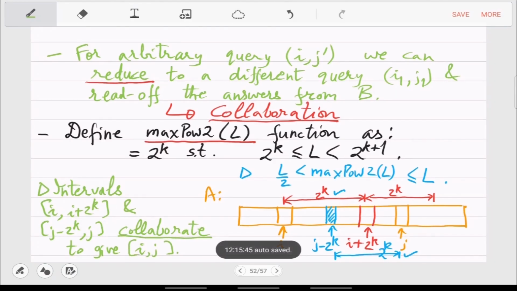Right, because their union is everything from i to j, and hence their minima is equal to the minima that was queried. So this is what you can now turn into a pseudocode.